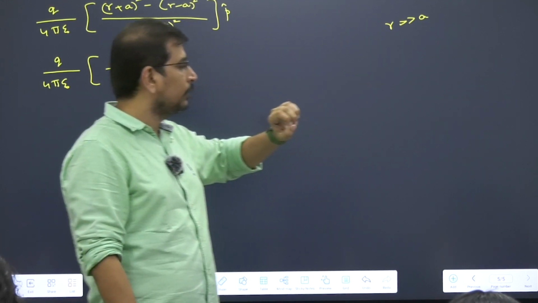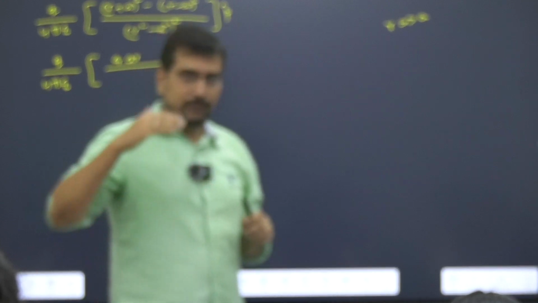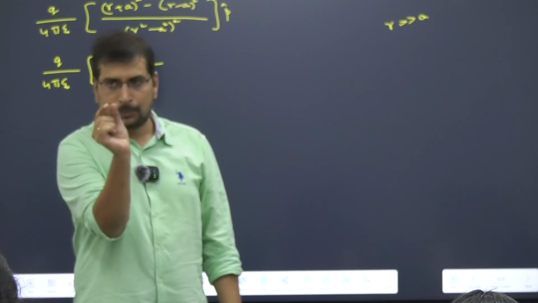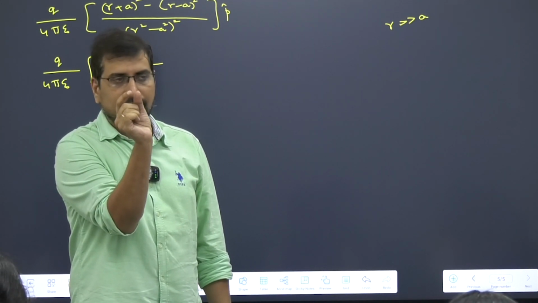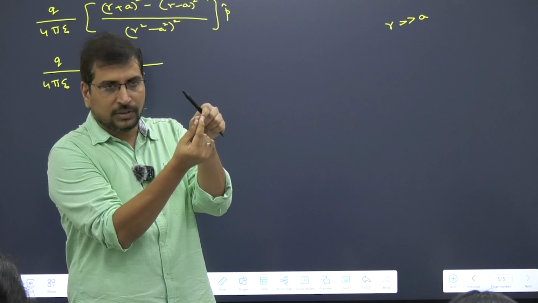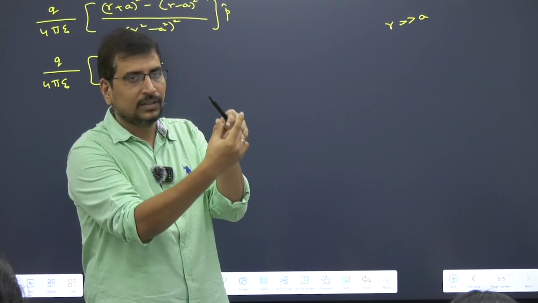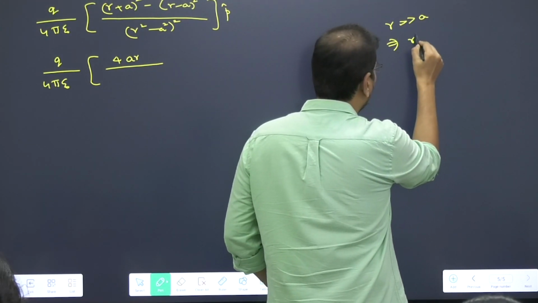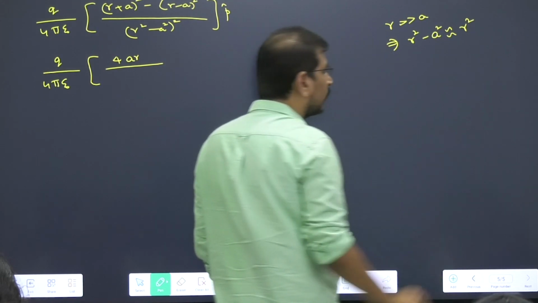So when you do this kind of a scenario, the distance r you are taking is a value very much greater than the distance of separation between the dipole, because a dipole is a very small device. They are separated by a very small distance, whereas the distance you are going to take r from the center is going to be very large compared to this distance. So r is very much greater than a, which implies r square minus a square can be approximated to r square itself